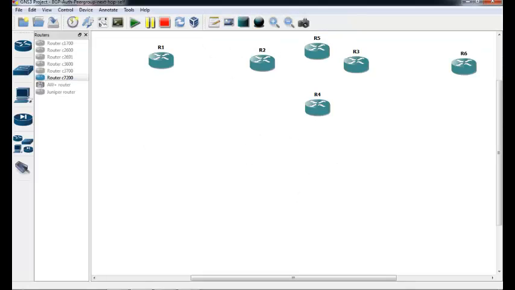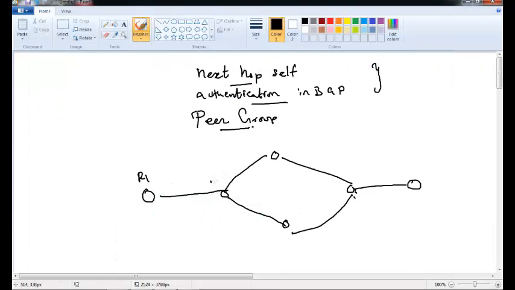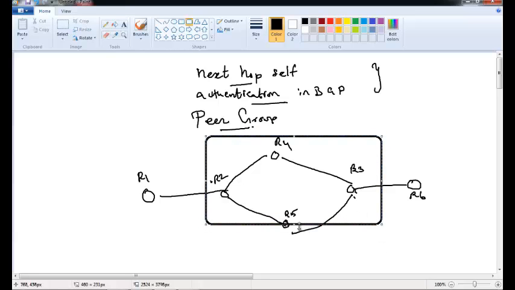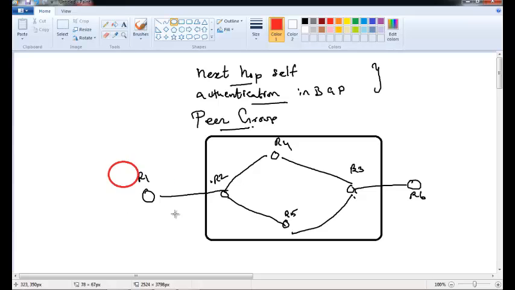Let me see the topology. 2, 3, 4, 5, 6. We got router 2, router 3, 4, router 5, and 6. Now when we have something like this, and if the topology is like this, this is one autonomous system and these two are other autonomous systems,